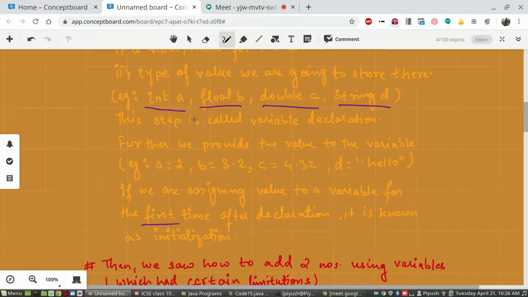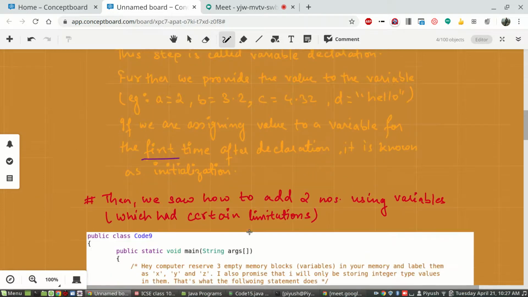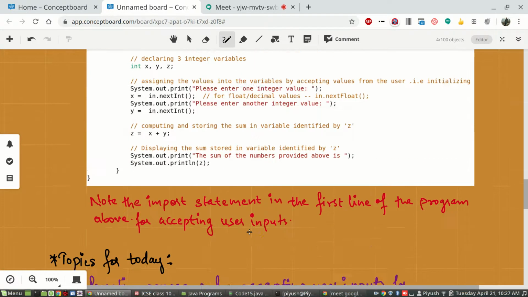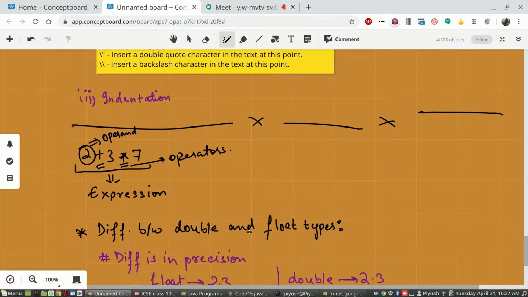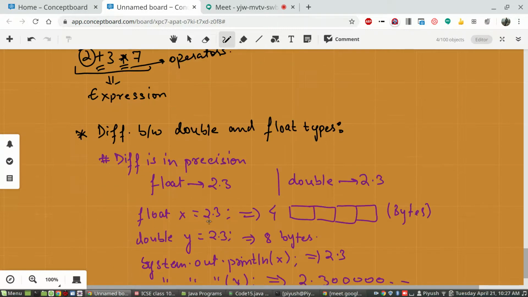So when you write int a, you say you have declared a variable. When you write a is equal to 2, you are putting the value 2 inside the variable which you have just declared, so you say that you have initialized it, given the first value to your variable. That step is known as variable initialization. However, like we discussed here, both steps can be done in one line when you know what value is to be put.